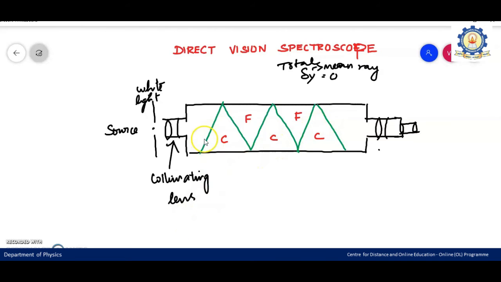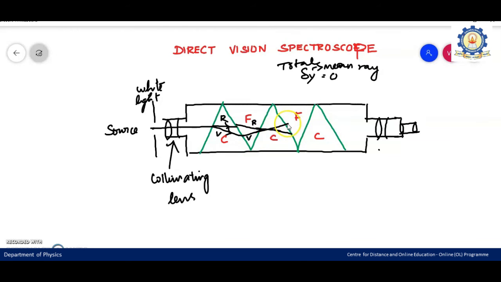So let us pass a white light through the slit. The white light touches the first prism. What happens is, you get the dispersion of the extreme colors, violet and the red ray. They move like this. So this is violet and this is the red ray. And this dispersion is combined in flint glass prism 1. So this is red and this is the violet. They move towards the ground glass where they occur. The directional point changes like this.